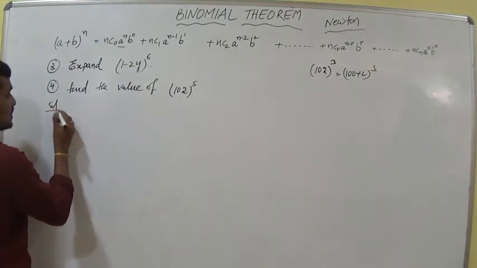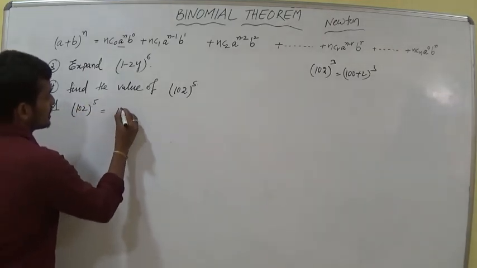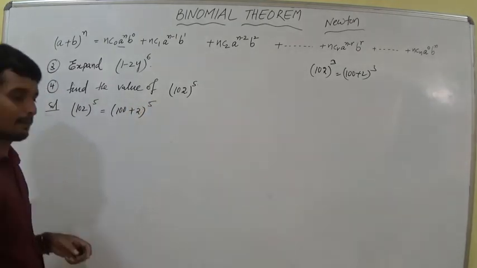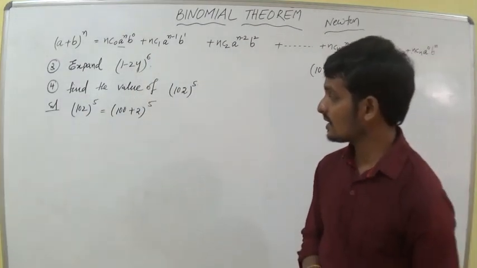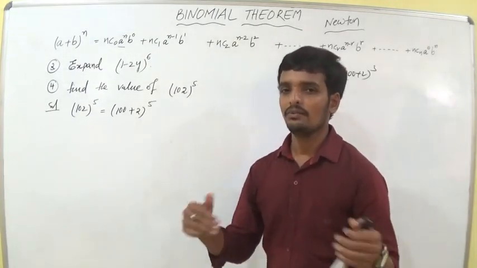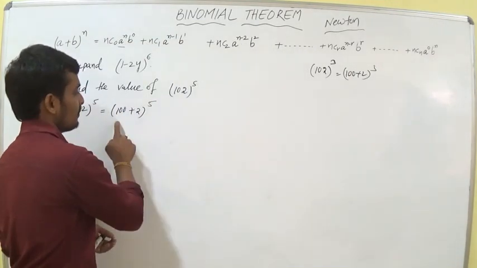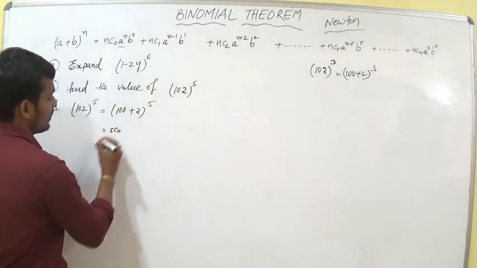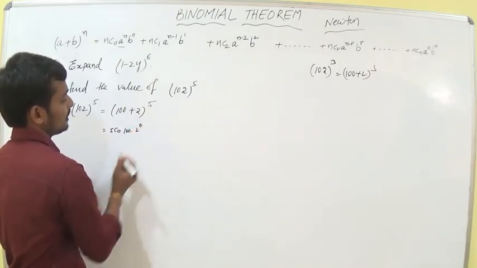Listen, students. This is 102 whole power 5, that means 100 plus 2 whole power 5. This is in the form of a plus b whole power n. What is n? 5. What is a? 100. What is b? 2. So we can expand: 5C0 100 power 5 into 2 power 0, plus